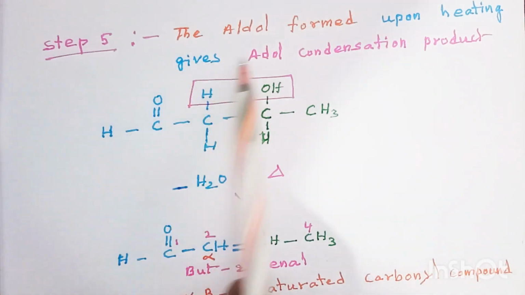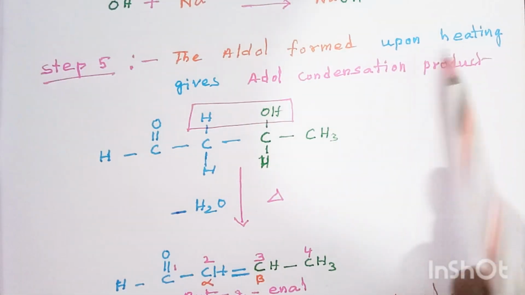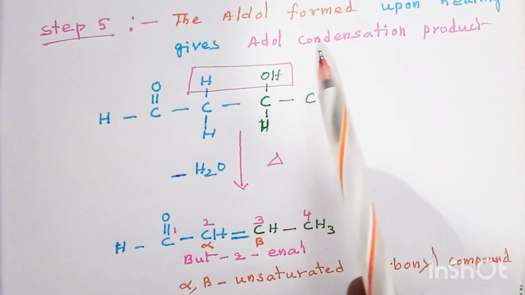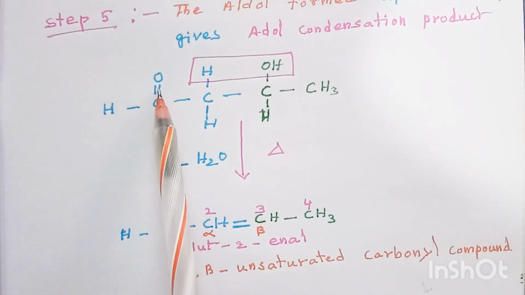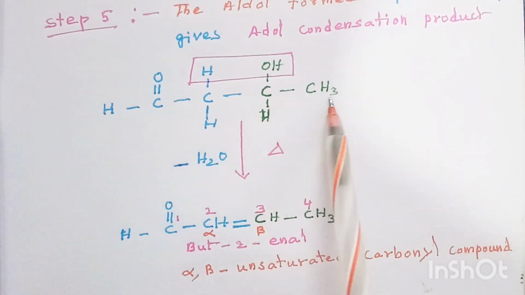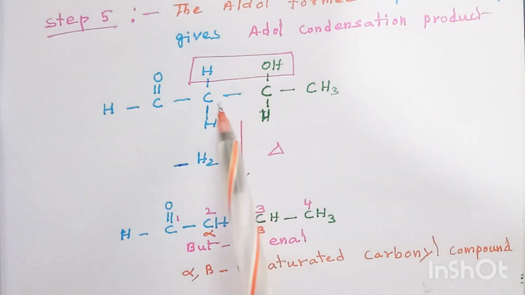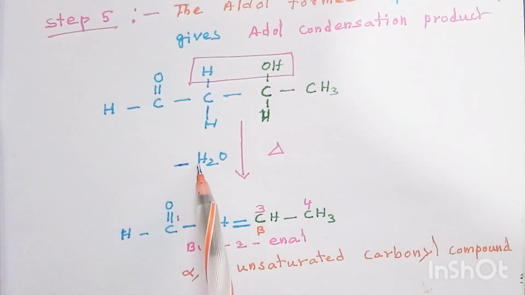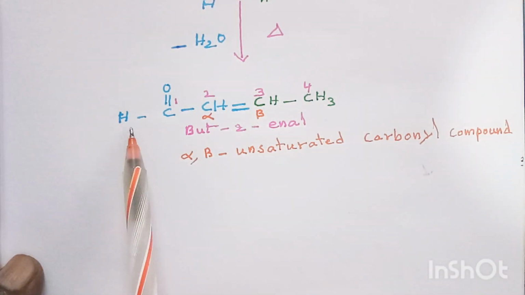In step 5, the aldol formed in the third step, upon heating, gives the aldol condensation product, that is, a water molecule is removed from the aldol formation product. CHO, CH2, CHOH, CH3. This is aldol because it has an alcohol group and an aldehyde group. This hydrogen and this OH will join together to form a water molecule, and the water molecule is eliminated, as a result of which we get